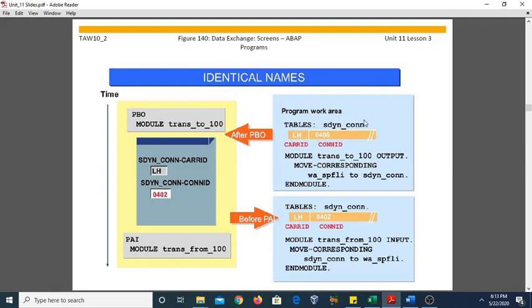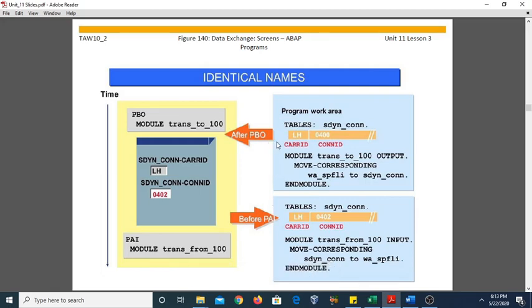Now PBO, that is process before output. Here we have taken the table SPFLI connection, and these are the two fields, CAR ID and connection ID, in which we are moving the data from W underscore SPFLI to SPFLI connection. That means we are moving from this one to this one. After processing PBO, the PAI will work.